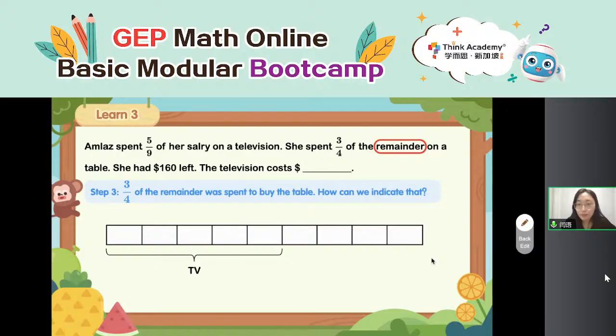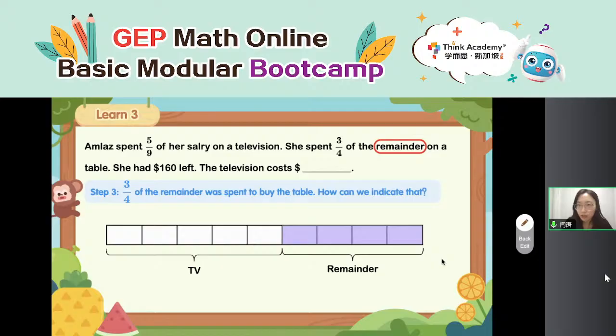3/4 of the remainder. So which part is the remainder? Can we say the remainder is just the 9 units? Cannot, right? Okay, what is the remainder part? Yes. For the remainder part, actually, that is just the right side, right? There are only 4 units left over. So, following this,